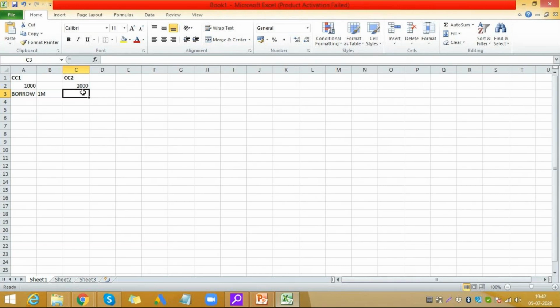So these two company codes are different legal entities within the same company, which have their own financial statements and report separately. Our scenario is that company code 1 wants to borrow 1 million, and company code 2 can lend it. So within the company it's always easy to lend and borrow.